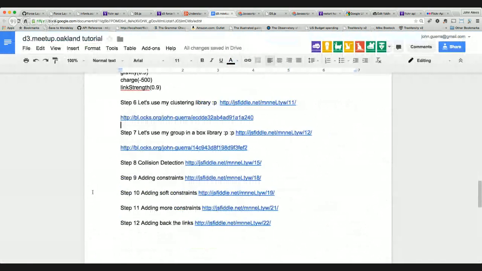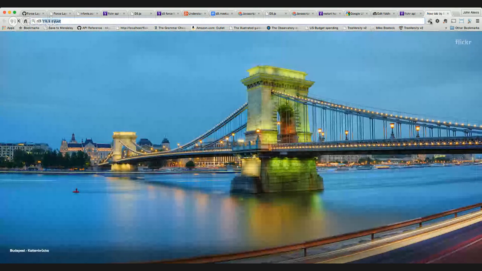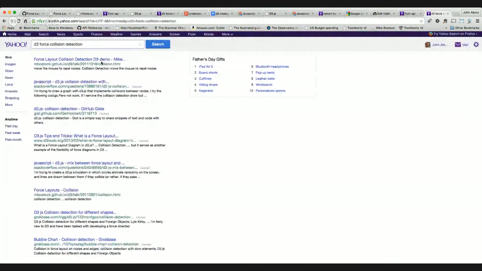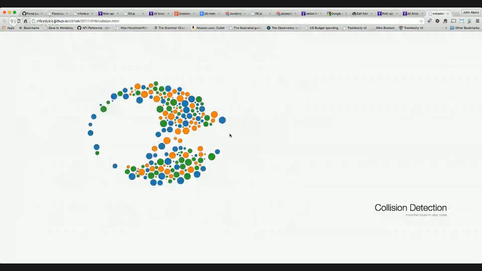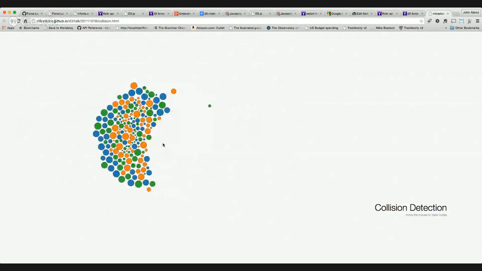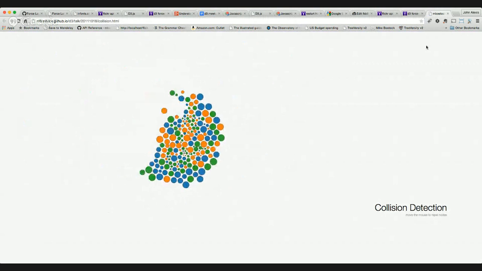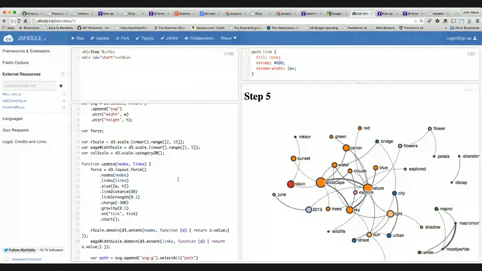One of the things I want to do is use collision detection. So again, if you search for D3 force collision detection, Lightbox has some good examples showing what this does. What happens in this example is that all the nodes are going towards the gravity point or the massive sinkhole, but when I pass the mouse, they try to repel that, and they never overlap over the others. So, for instance, if I put a small charge, like say of 3,